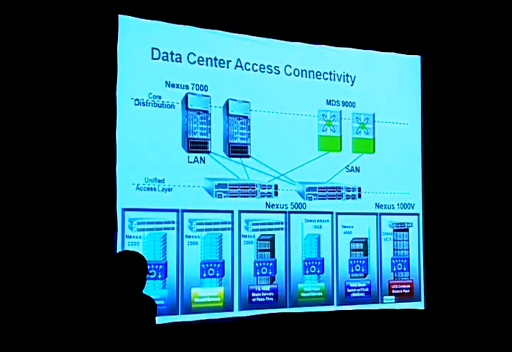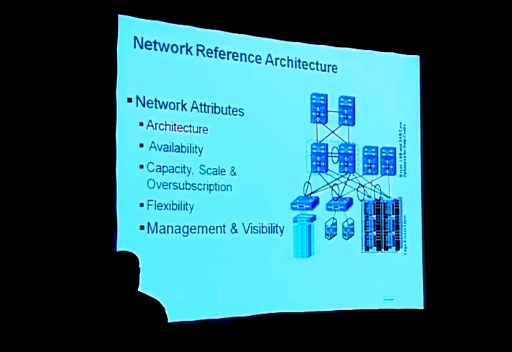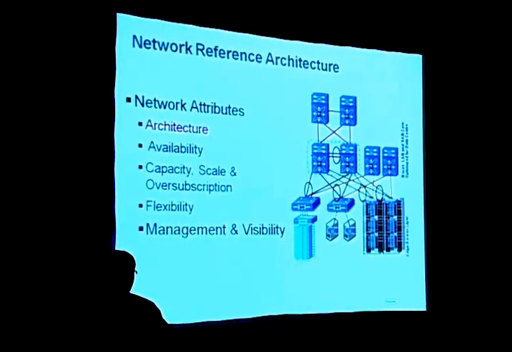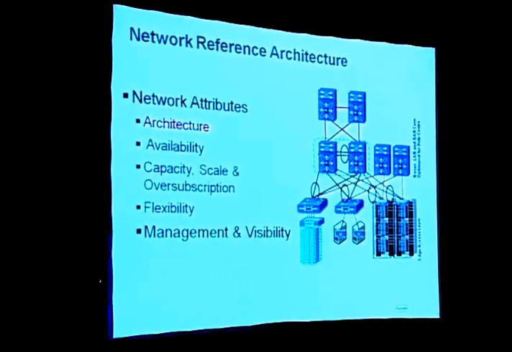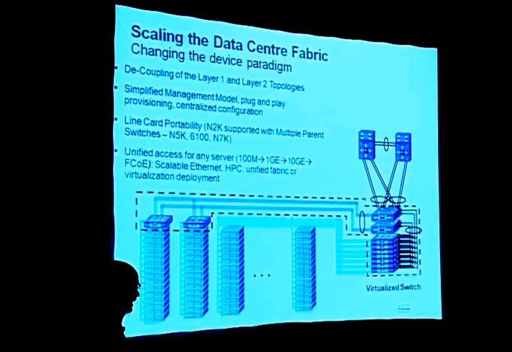An access layer is made out of a variety of devices. You want to put your Hadoop cluster at the access layer at the top of the rack switch with tons of other compute power you have, right? So the integration matters. What matters in the network architecture? Architecture matters, availability matters, oversubscription and buffering matter, management and visibility. These are the four or five criteria that we are currently working on, or things that are important, right?